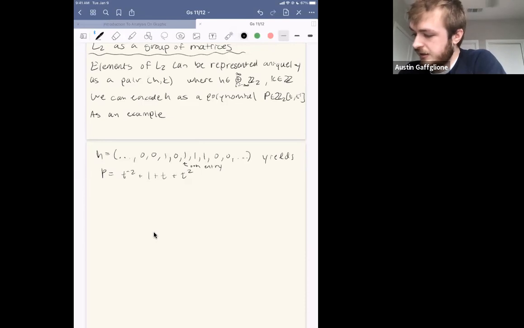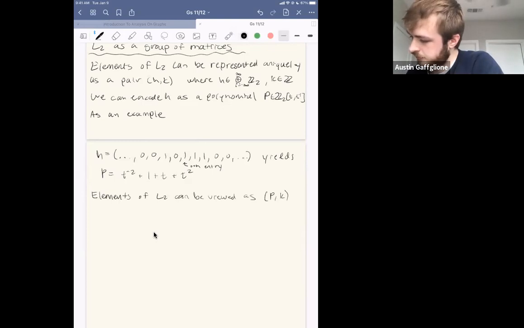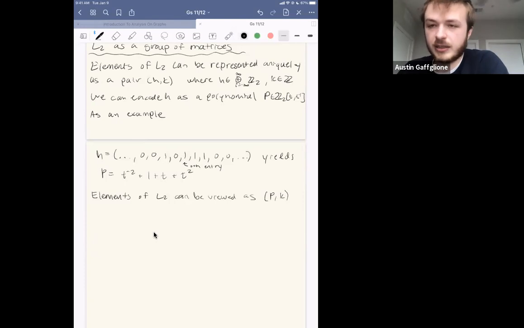So now I can instead view elements of L2 not as (h, k) but as (p, k), where p is this polynomial with entries from Z2 in terms of t and t inverse, and k is this integer that denotes the final position of the lamplighter in every lamplighter picture. And then of course I propose the following proposition,